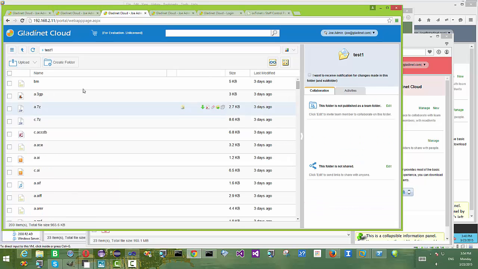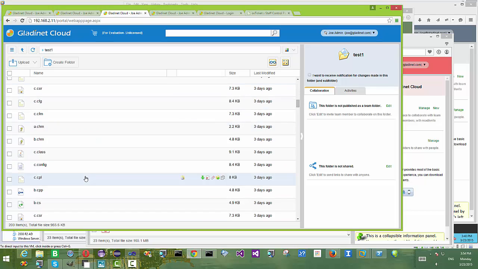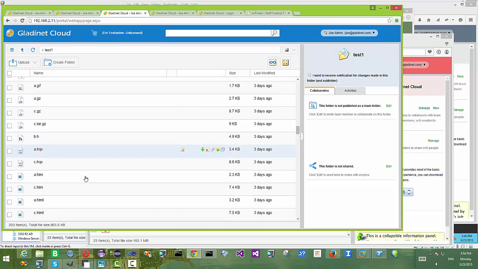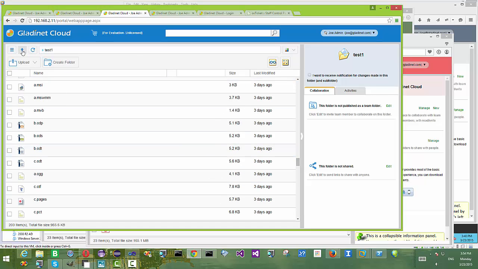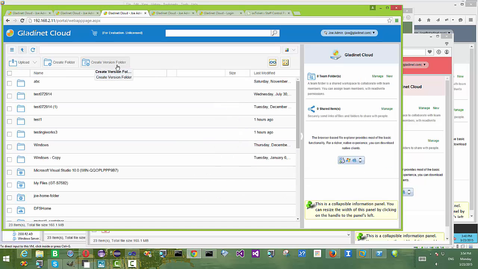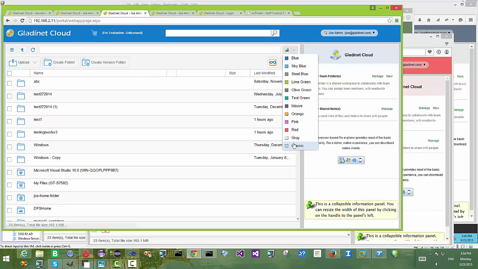You can see there are more file type icons available, different file types, AVI, CAD, and also the common office files. You can see those files and those icons are now available. There are also 12 different themes available that you can check out, the icon view,